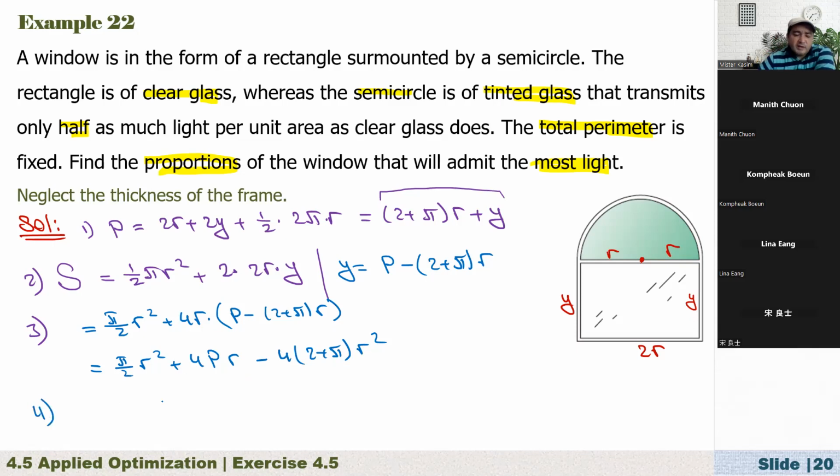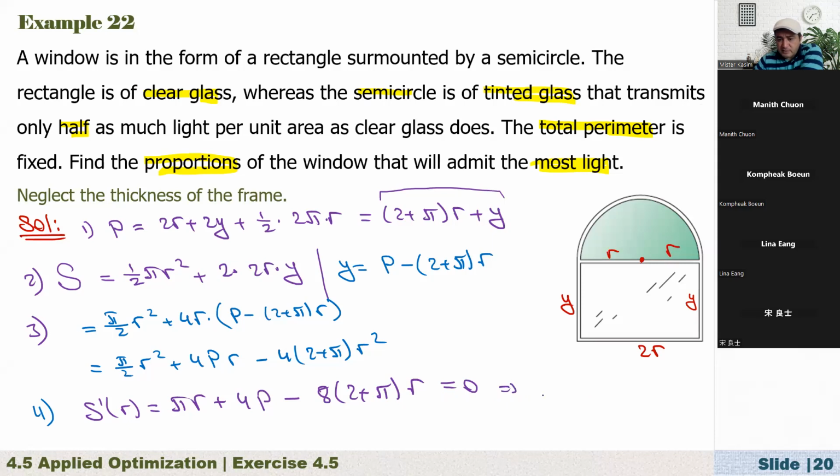So number 4, now we are going to maximize this, right? So to do this one, we have to differentiate this. S prime of r is equal to the first part. It is pi r. And this p is constant. So here we have 4p minus, how about this part? It is 8, 2 plus pi, and this r. So that thing should be equal to 0, right? So now if you just solve this for r, then what is r? Take everything to the right-hand side so we can find r. R is equal to, on the left-hand side, I have 4p over